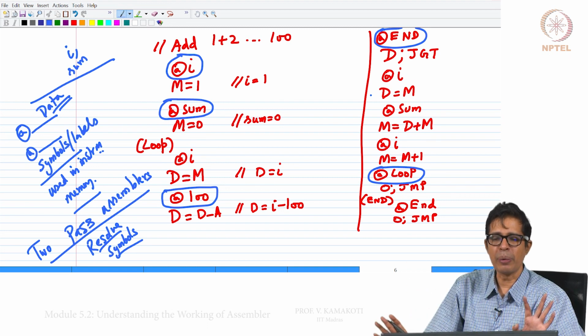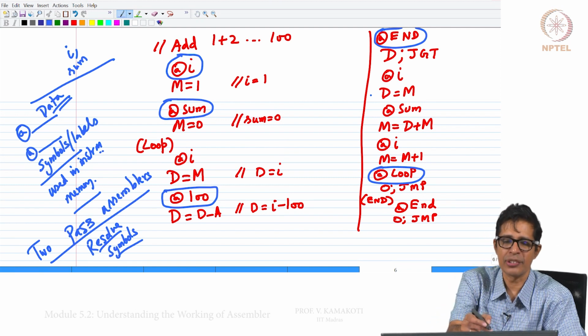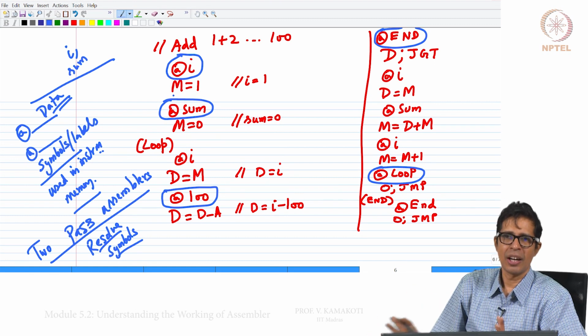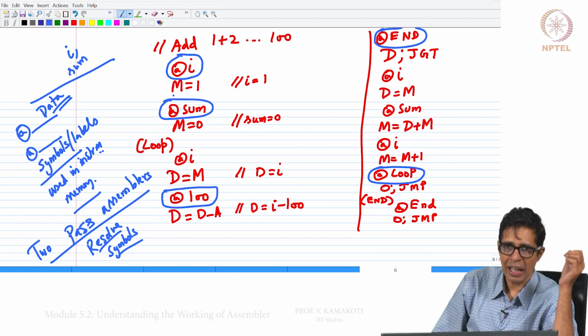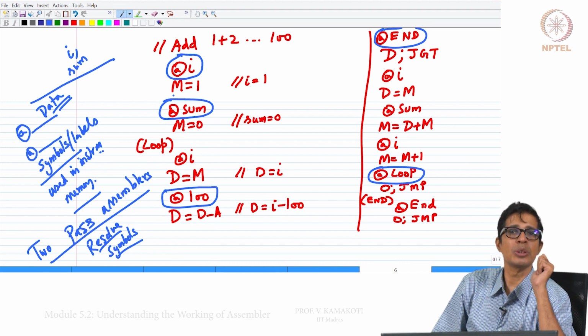There is no problem for us, we have understood how to convert m equal to 1, as you see here in the second instruction, or any of these C instructions, into binary. There is no issue. The A instruction, this is the issue, we need to resolve the symbols. We call it symbol resolution.